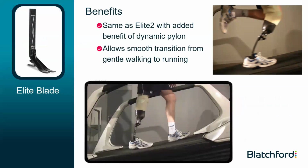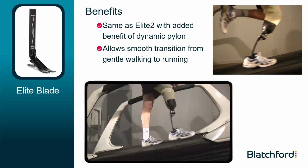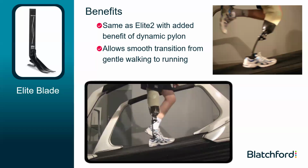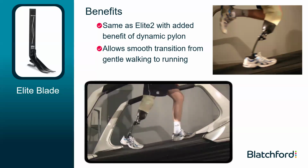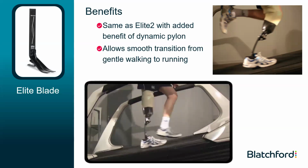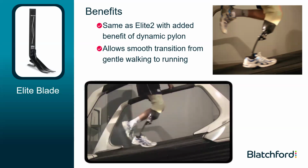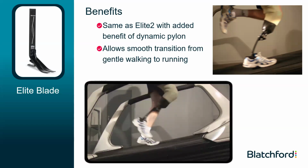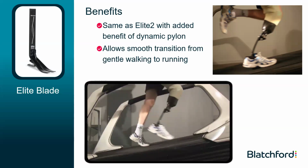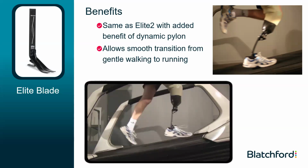Now we go to the next level up, just working our way up the body. We have the Elite Blade. It has the same properties as the Elite 2, with the U-shaped heel and the springs, but now we get that dynamic pylon. You can see how much flex there is as this person starts from a walk and then starts running, where they're now really loading that toe, and you can see that flex of the dynamic pylon really provides great propulsion and